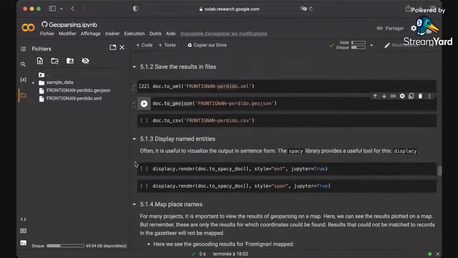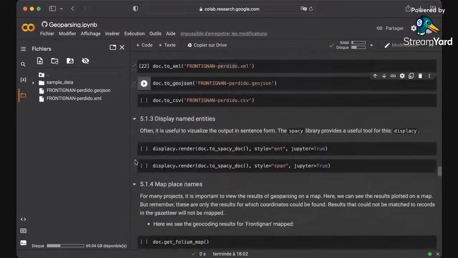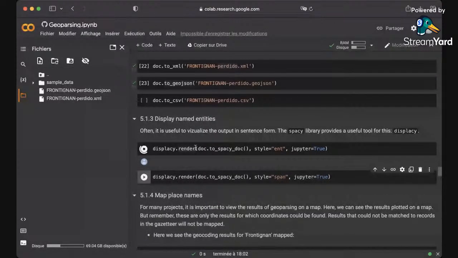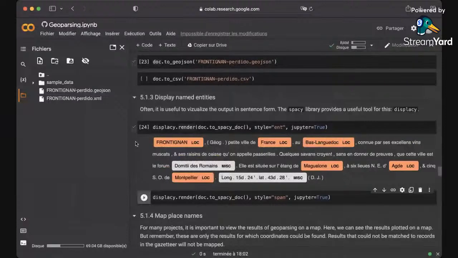But what is more interesting maybe for you is that we can display the results directly here in the notebook. So, for instance, I can show all the named entities that have been found, and I can show them directly over the text. So I have all the text, and I can highlight the named entities. So here I'm using the displaCy function from spaCy just to